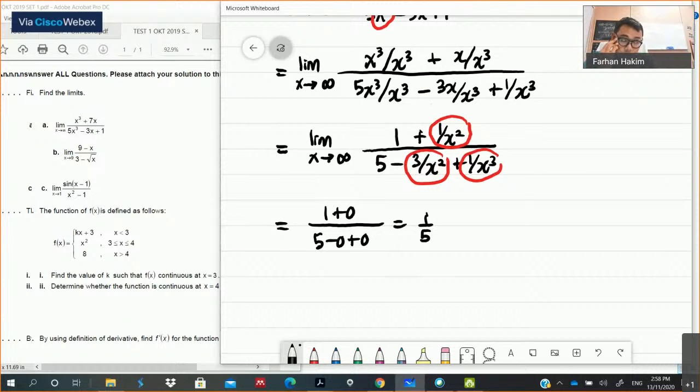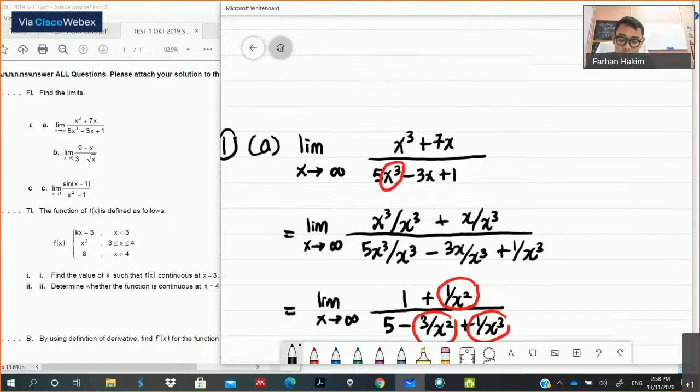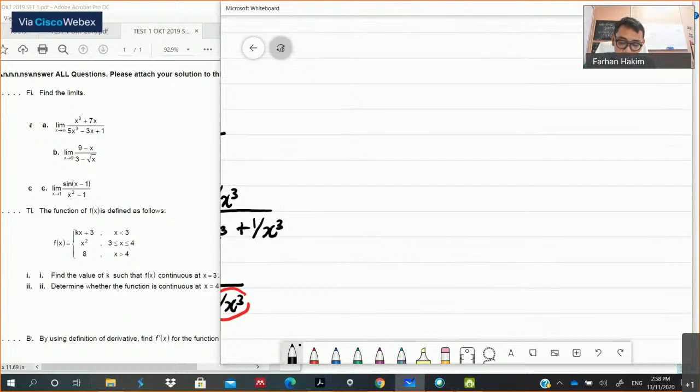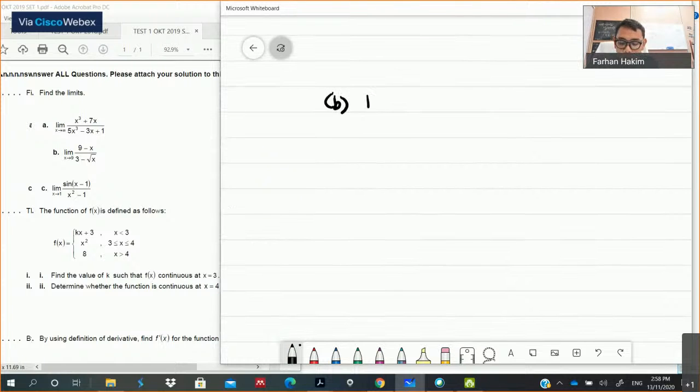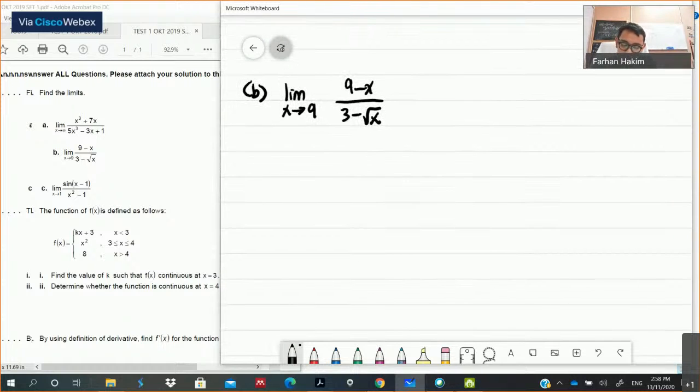Okay, so for question B, all right, so solving question B, we have the limit as x approaching 9 of 9 minus x over 3 minus square root x. If we try to substitute the value of x with 9, we'll get 0 over 0 case. So to solve this, we have to use the, what do we call it, the conjugate. So we have to multiply with the conjugate of the denominator in this case. So the conjugate is actually